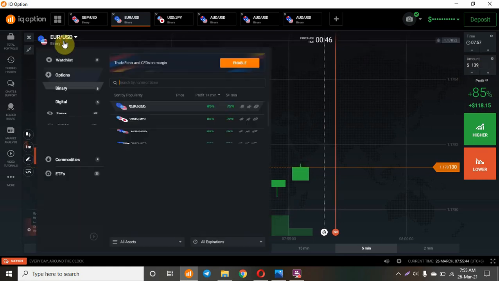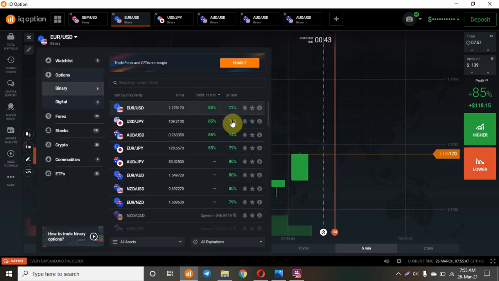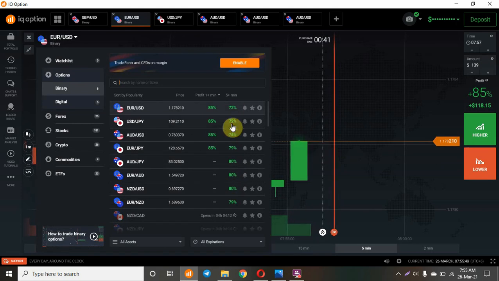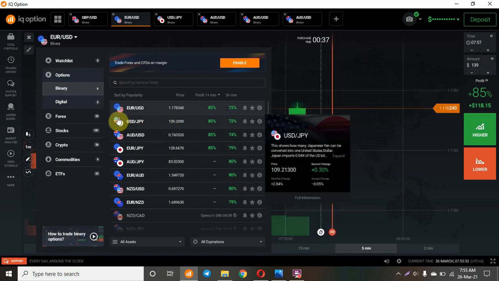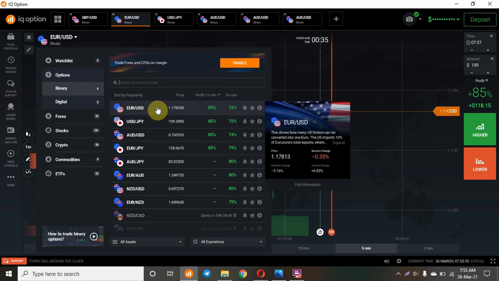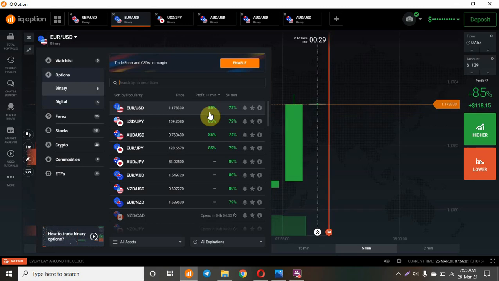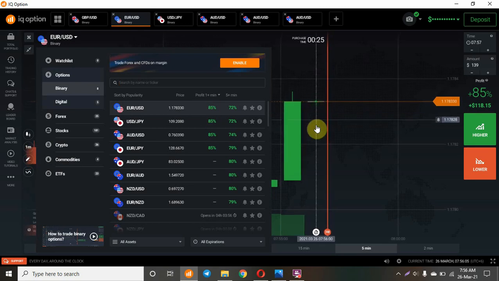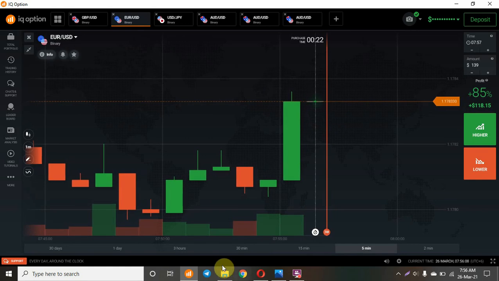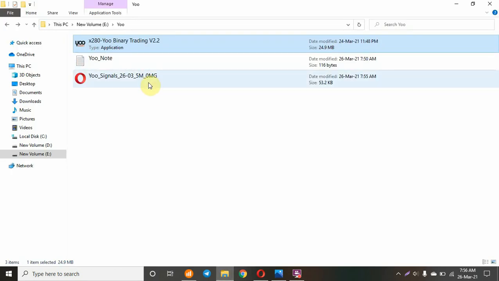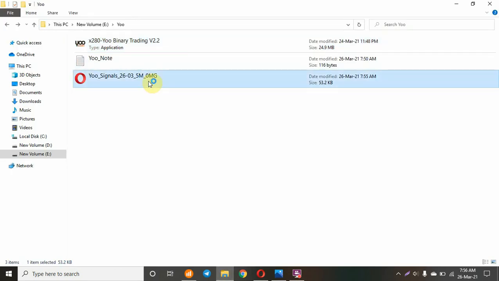So now 5 minutes is giving 75%, right? So do not follow the signals when the market is below 80%. Follow the signals when the market is giving above 80%. Okay, so this is the signal. This is Bangladesh time.